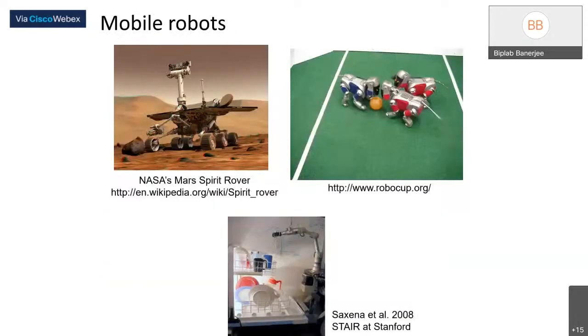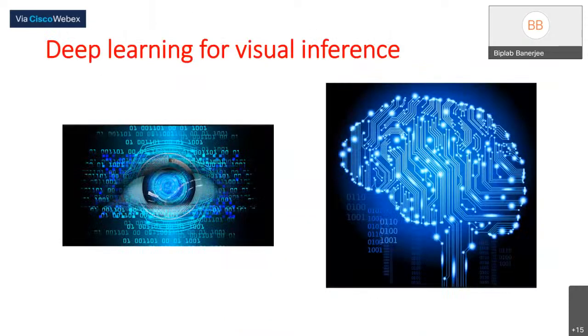For example, on Mars, or if you have a robot which can clean the dishes, or there are some applications which I was showing the other day, like the robot can pick up tomatoes in a greenhouse. These are applications where vision is an integral part of the robot system. Now, the question is, I talked about the problems, or at least some of them, and you can understand that they're very challenging.